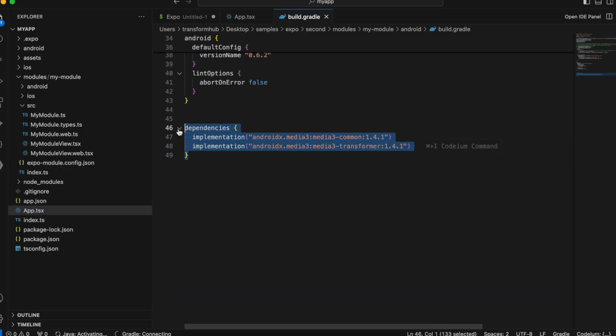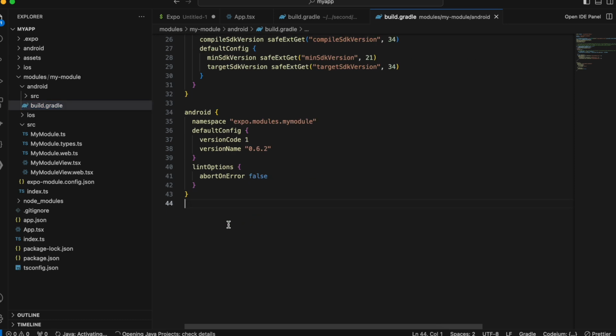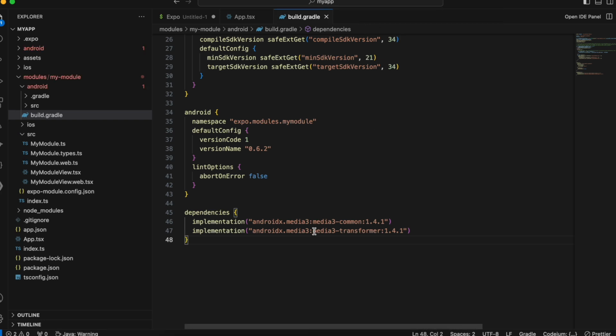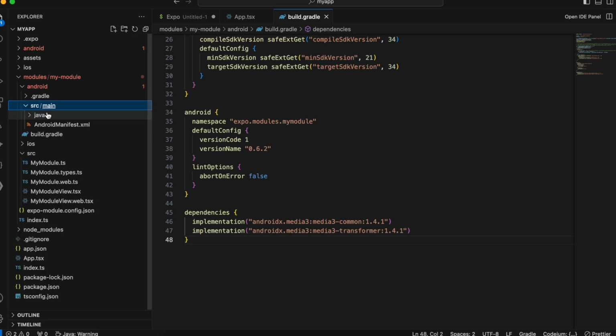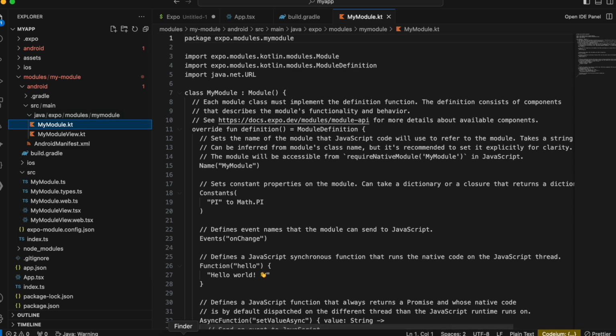So basically what you will have to do is go to the Android folder of your my module, go to build.gradle, scroll down, and just paste it over here. So basically we are including this through these two dependencies. This will help us to transform the video. So these two dependencies are very important. These are the Media3 transformer dependencies. Then go to src, java, my module.kt, and firstly